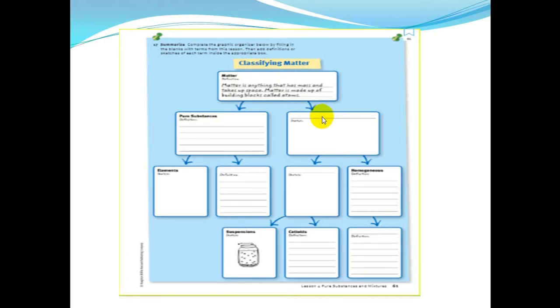The second kind of matter is mixture. So let's find first what pure substance means. The pure substance has definite physical and chemical properties. For example, when I speak about gold, it is a pure substance. It has specific physical properties, like it's shiny, malleable, conducts heat, conducts electricity. It has a specific melting point, boiling point, and also the chemical properties for a pure substance are unique or